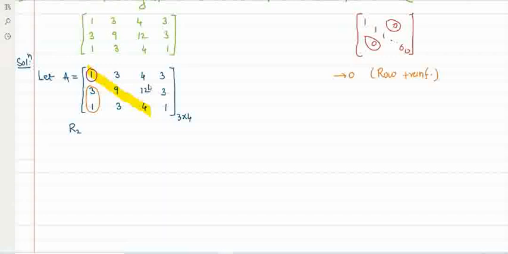R2 equal to R2 minus 3R1. Okay. In chat, yes, most of the students are writing R2 minus 3R1. Correct. So simultaneously, suppose you want to reduce this element to 0, then